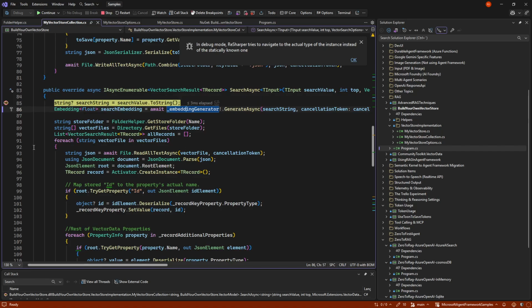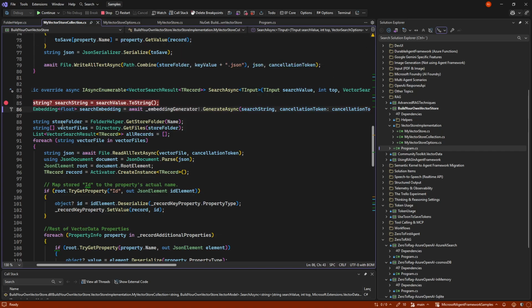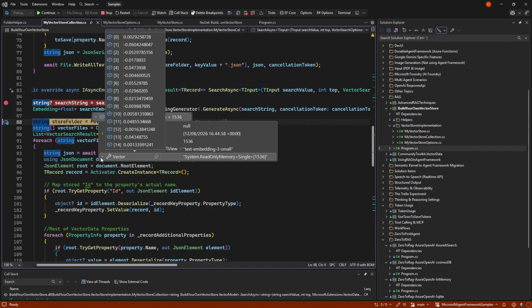So we know that by the string value, we need to embed that. Because before we can search with just this text, we need to have it as an embedding, just like we have all the other ones as embeddings. So we actually make a new vector here. And this vector represents what is the Wi-Fi password. And it's just a lot of numbers as well.